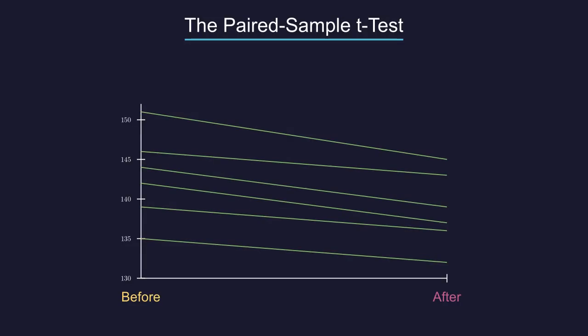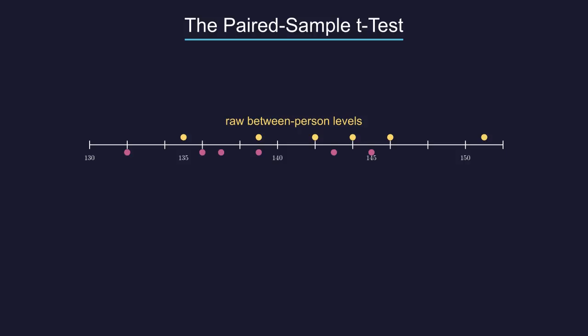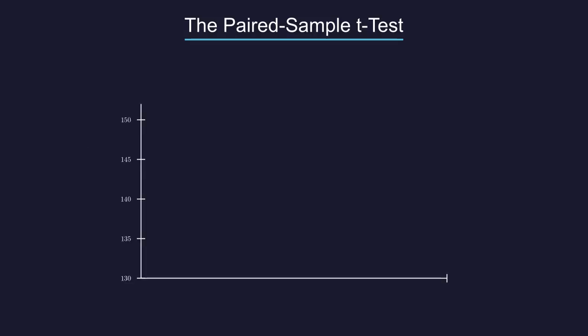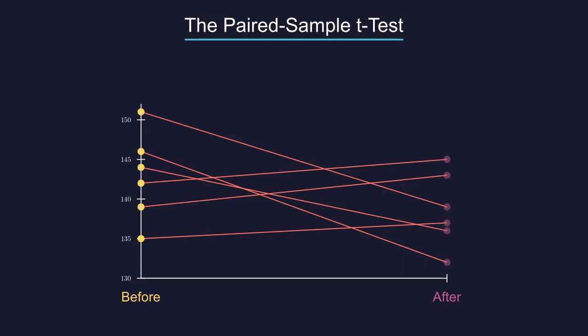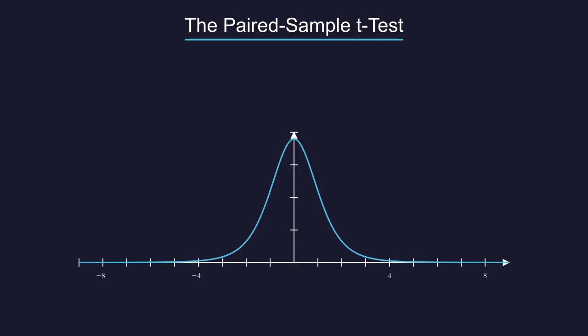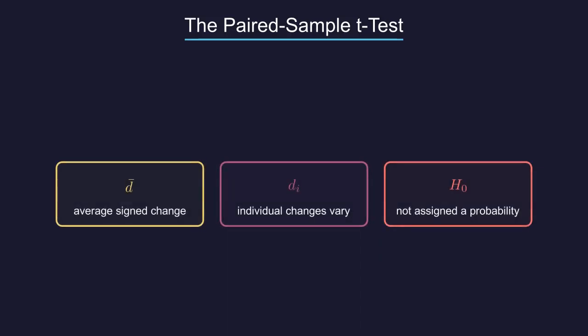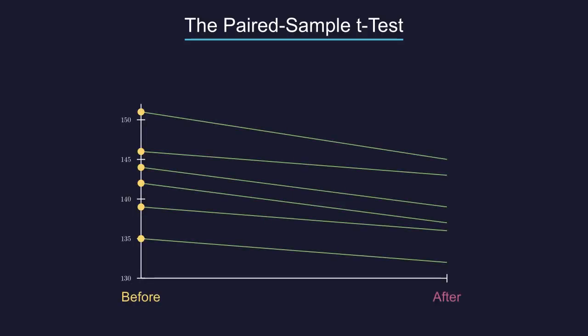Pairing can improve precision when within-pair measurements are positively correlated because between-unit variation cancels in the subtraction. Poor or arbitrary matching can instead add noise and reduce interpretability. The p-value is a tail probability under the null mean difference model. It does not give the probability that treatment caused the change, that every subject improved, or that the null is true. Use the test when every value in sample 1 has exactly one meaningful partner